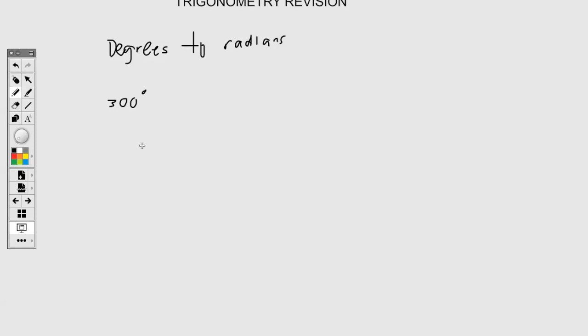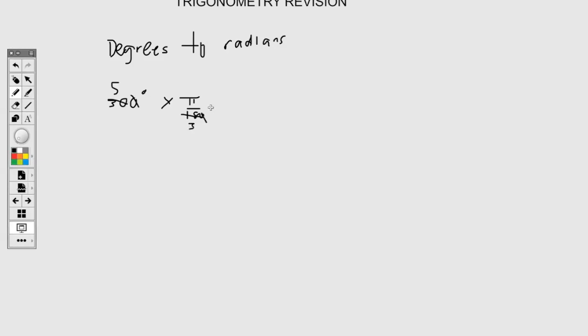So I'm going to multiply it by pi over 180. So 300 degrees times pi over 180. And then we go ahead and we simplify. Now I can cancel one of the zeros. And then you have to think about the numbers that can go into 30 and 18 without leaving a remainder. Now for 30 and 18, we can use 6 because 6 goes into 30 5 times and 6 into 18 goes